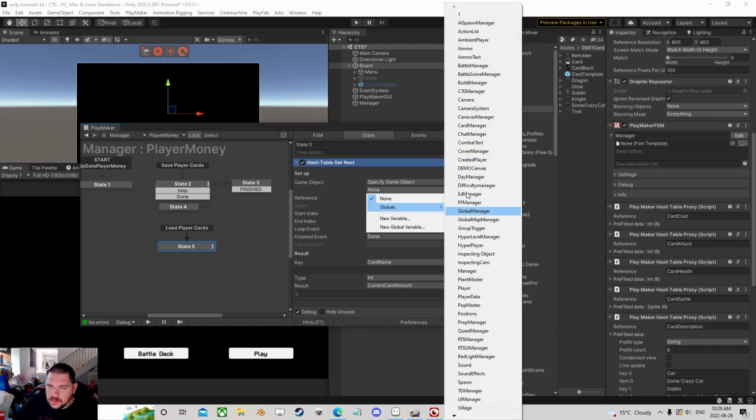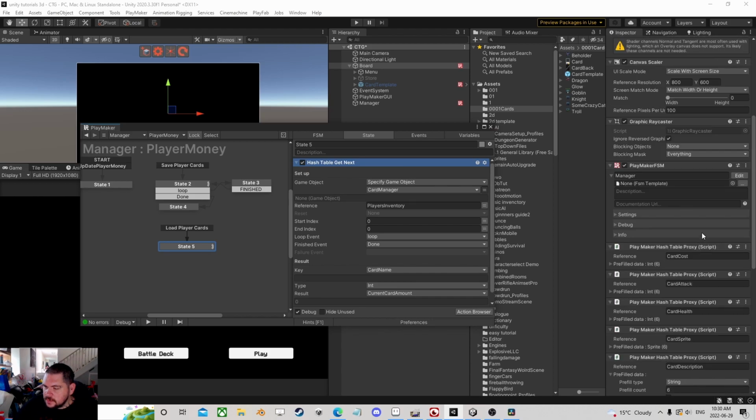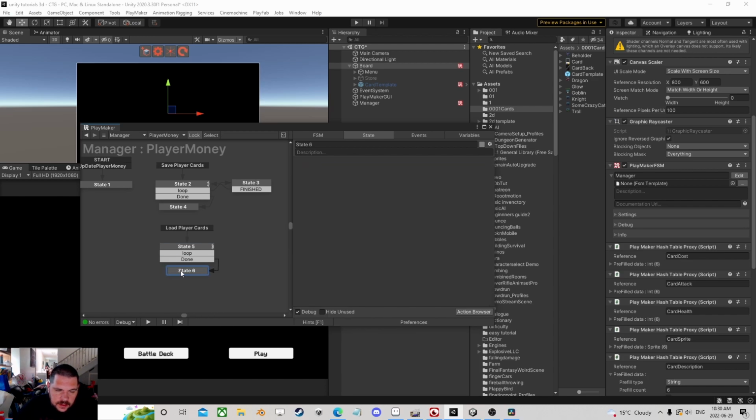the entire card manager. It really doesn't matter. You can pretty much choose any one you want here, because they all have the same keys and stuff. The card cost, and we're going to loop done. This actually current card amount. This part we're actually not going to be using here. So all we have to do is, as we loop through this guy, loop, and we'll add done. Done can sit there. So loop, we now, as we loop,